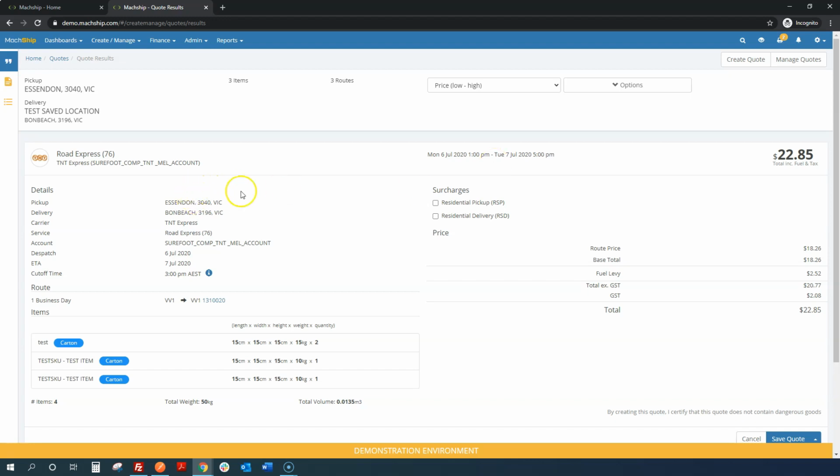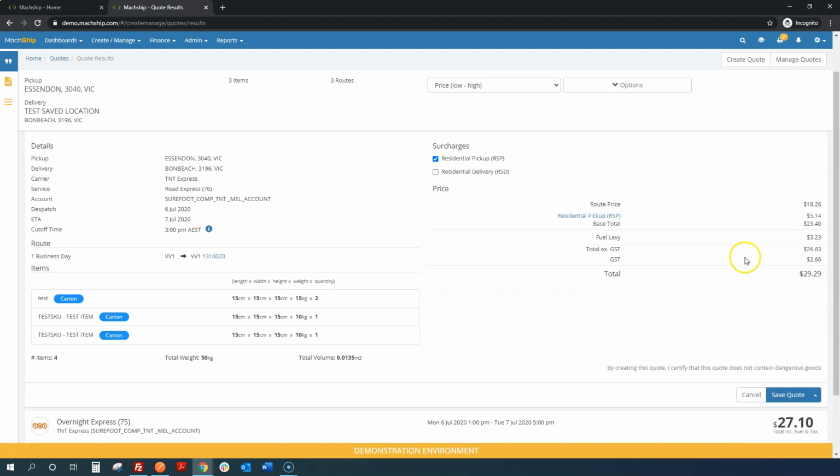This information includes pickup and delivery details, any cut-offs, the actual lane that's being used, a breakdown of the actual item dimensions and total volumes and weights that are being sent, a listing of any optional surcharges. These are surcharges that cannot be known from the sending, delivery or item information. In this example, it's a residential pickup or delivery. You can add this surcharge to the quote by clicking on the option and you'll see the price is added